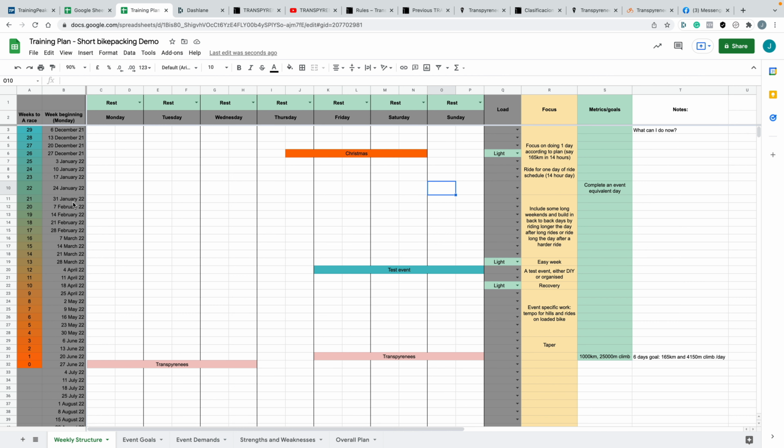So we've got the week beginning days, start the week on a Monday, that's the way I normally do it. And then there's a countdown to the event, nice colours as you get closer to the event, but that's up to you. And then